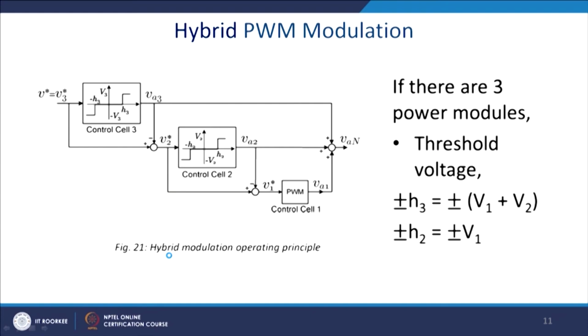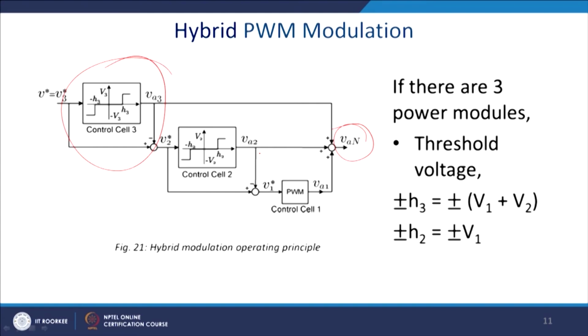Now, you see the hybrid modulation technique, this is the one control cell, and ultimately you generate the voltage V3 and it will come out here. So, this one will be fed here. This is another control cell, then this will be feeding here. Ultimately, you will get a